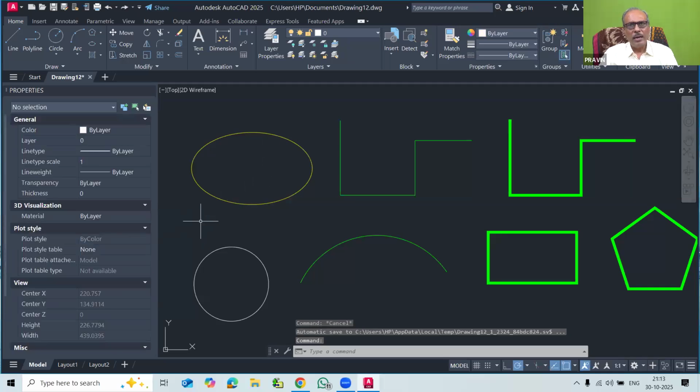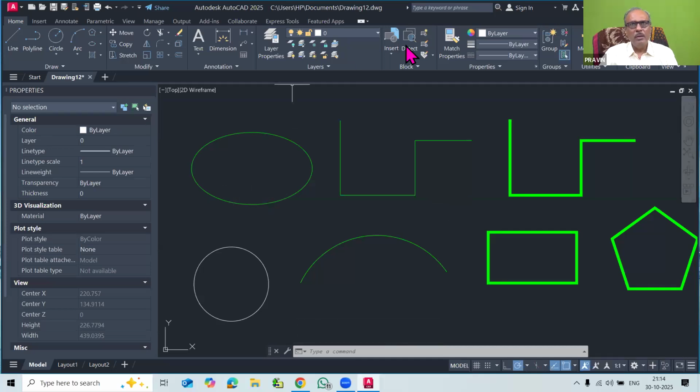Now you will check that with this polyline, if I copy its properties to the ellipse, what is going to happen? So I will try the match properties command. I will select the properties of this polyline, and now I will apply it to this ellipse. You can check that the color of the ellipse was changed, but the thickness was not increased because this is a simple line, not a polyline. So that you have to remember.